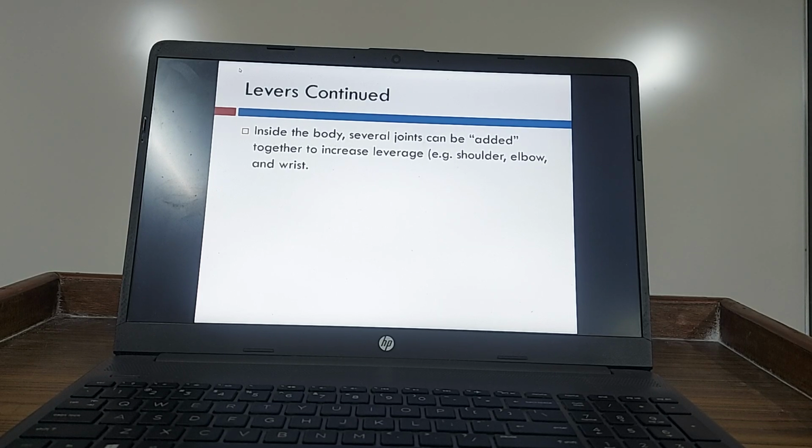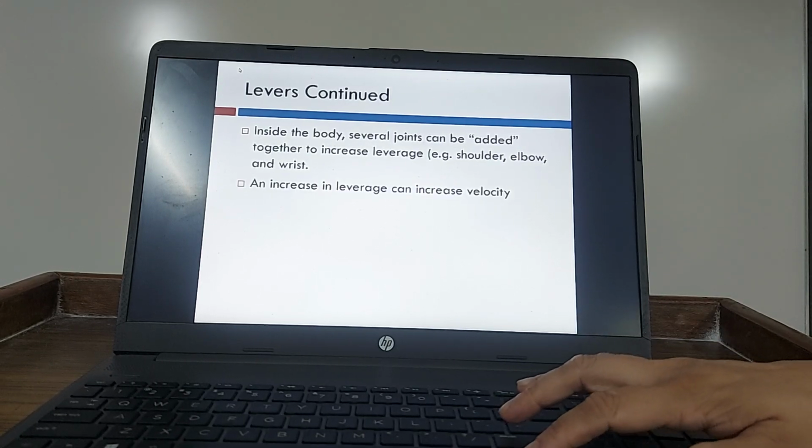We gave you this example, long lever arm, short lever arm. We apply it depending upon our functional use, whether we want to increase the speed or whether we want to increase the strength. We will be using this lever arm for our benefit. Fine. And this is a simple technique.